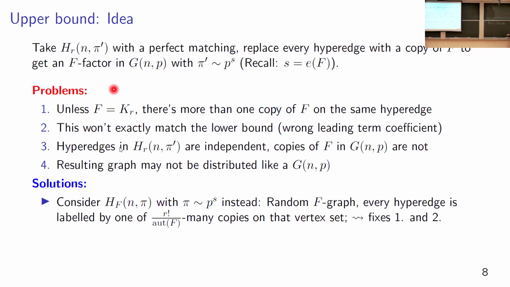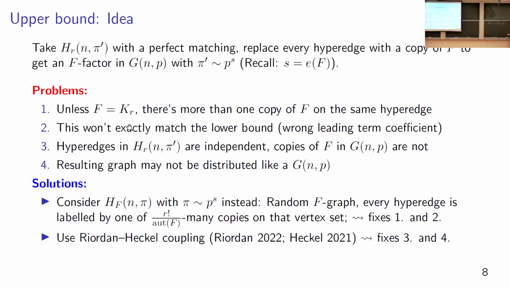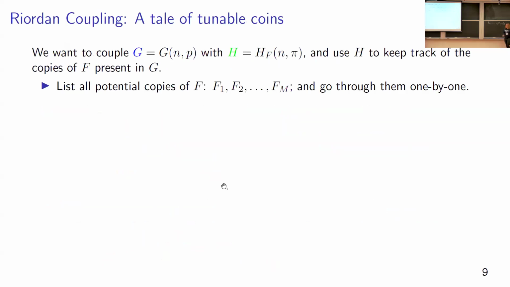Okay, so roughly this fixes problems 1 and 2. And for 3 and 4, we're using a coupling that was first developed by Riordan, then extended by Annika Heckel. And this will fix the other 2 problems, and I will say more on this now. So what do we want to do? We want to couple the Erdős–Rényi random graph with this random F graph